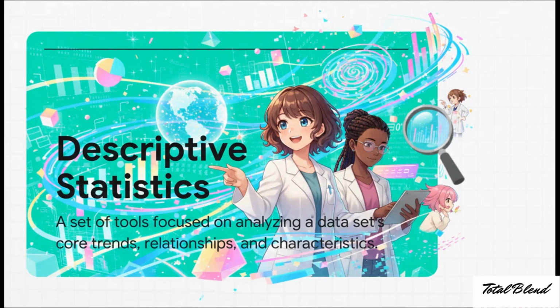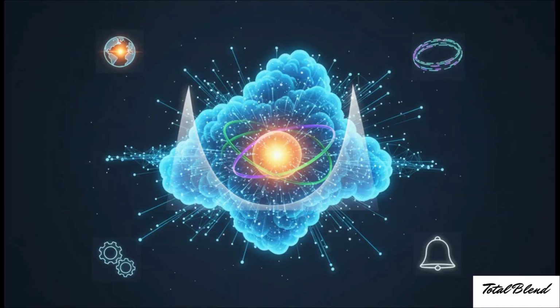So, let's stick with descriptive statistics for a second. It's all about creating a super clear, high-res snapshot of your data. The whole point is just to summarize what you've got, plain and simple. No guessing, no predictions, just the facts. And to paint that picture, we use some key measures, like what's the center of the data? That's your mean or median. How spread out is everything? Are all the numbers clumped together, or are they all over the map? That's where standard deviation comes in. We can even look at the overall shape. Is it a nice, neat bell curve, or is it kind of lopsided? It's basically a full diagnostic report on your data.